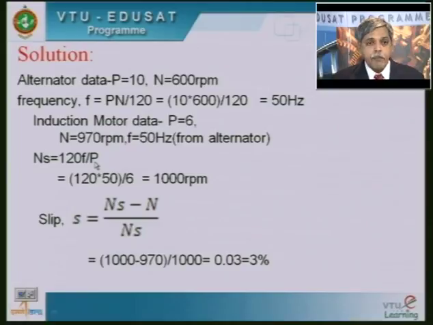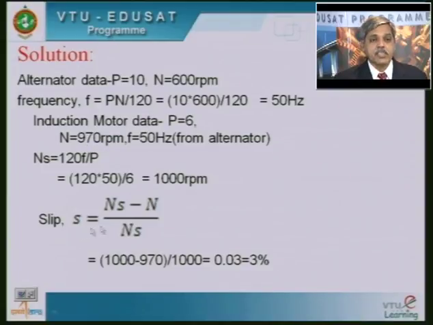So here P is the number of poles for the induction motor. P is 6 for the induction motor. Supply frequency is the frequency generated by the alternator, 50 Hertz. So 50 into 120 divided by 6 will give you a speed of 1000 rpm. Now with synchronous speed as 1000 rpm, speed of the induction rotor as 970 rpm, I have